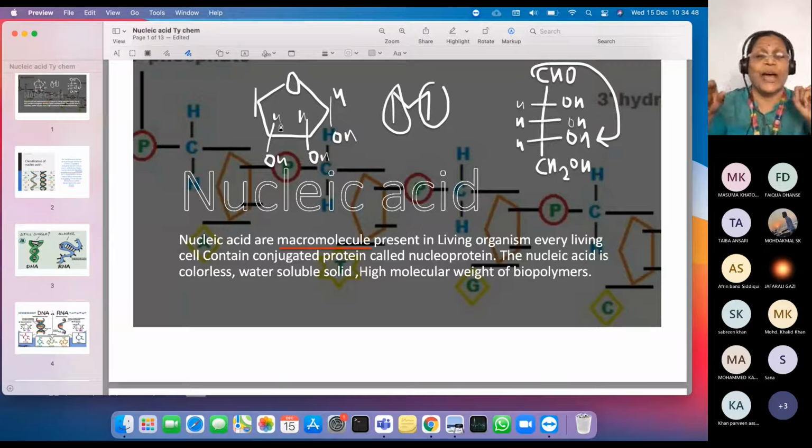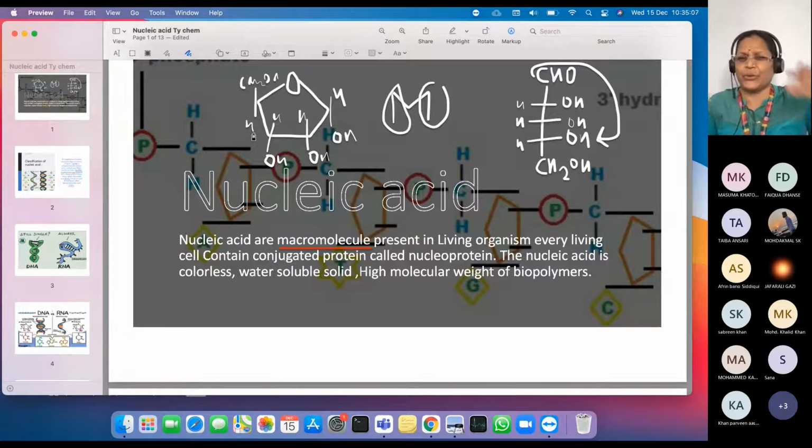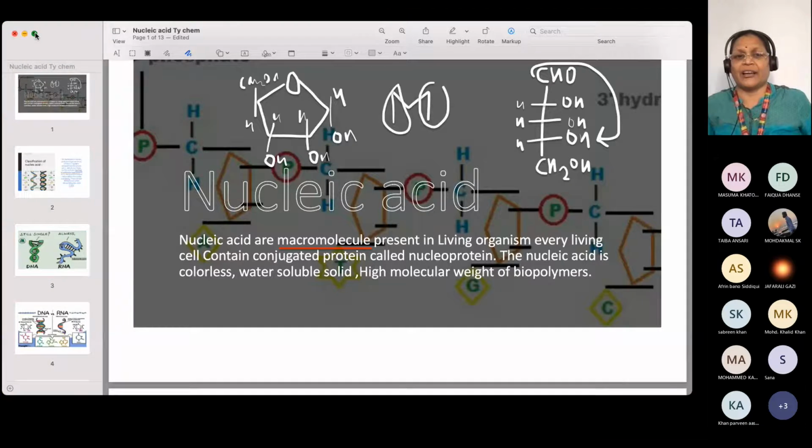The ring O, and you will have H and CH2OH. So I will write CH2OH at the top, so that it will be in the trans position to that anomeric OH, correct? CH2OH at the top, and then H down. Clear? Yes, you are able to see. Now this is a rough sketch. We are going to study the detail. Don't worry. So what I do now is I just enlarge my screen.